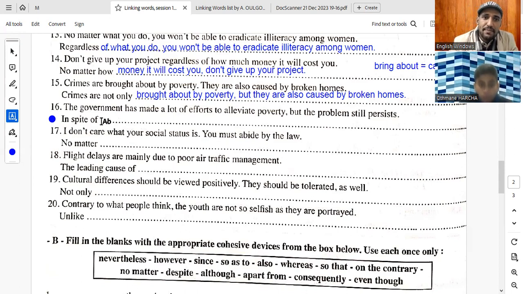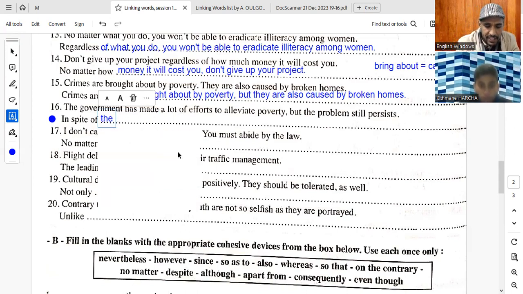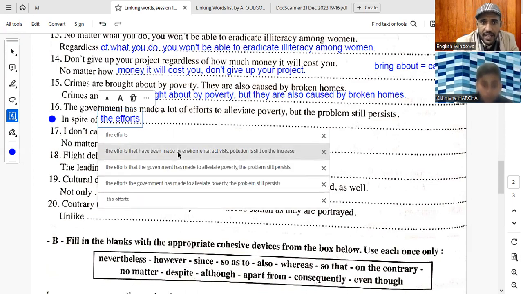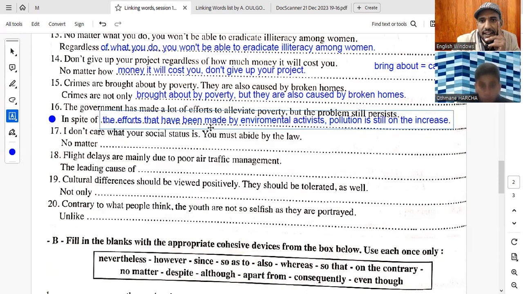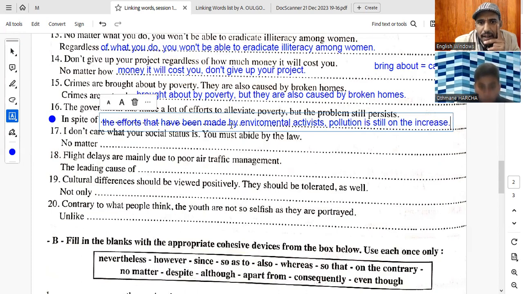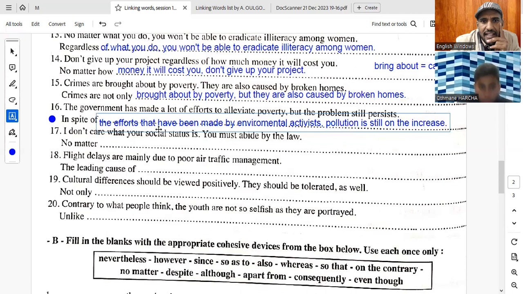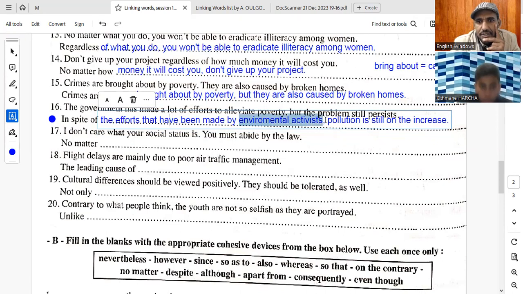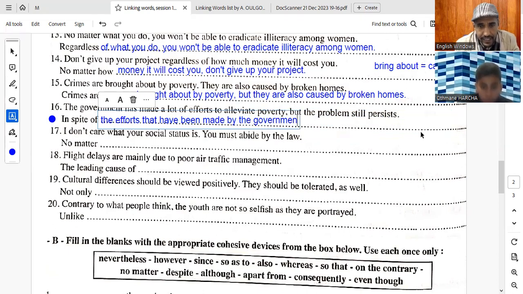here. So let's make it this way. We're going to say in spite of the efforts that have been made by the government. What do we have here? The efforts that have been made by the government. Sorry. So in spite of the efforts that have been made by the government to alleviate poverty,